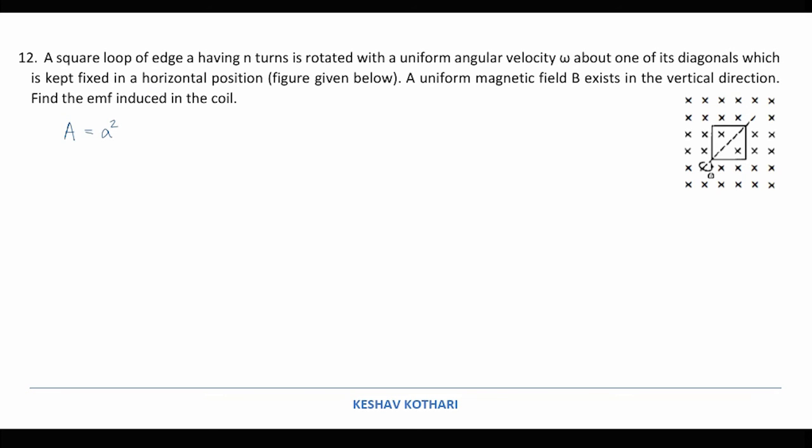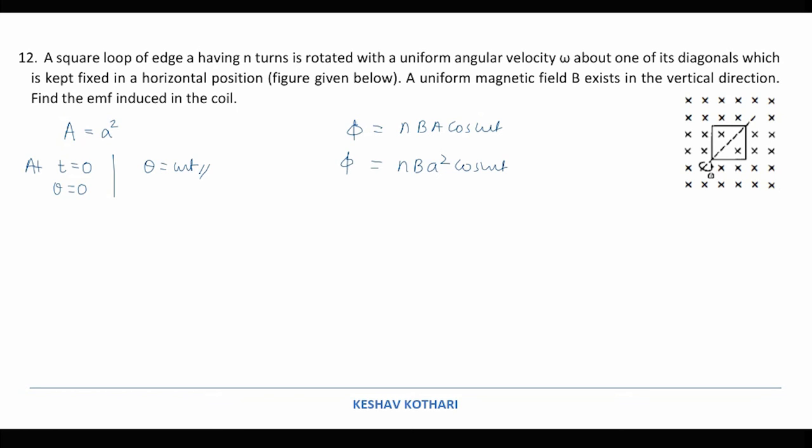Now if the normal to the frame makes an angle of theta equal to 0 degrees with the magnetic field at t equal to 0, so the angle is 0, and after a certain time t, this theta can be written as omega t. So at t equal to 0, theta is equal to 0, and at time t theta can be written as omega t, and hence the value of flux at any instant of time can be written as nBA cos theta, which we write as cos omega t. So nB times area, which is a square, cos omega t is the value of flux that we have.